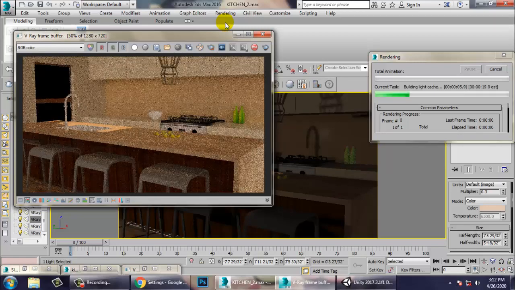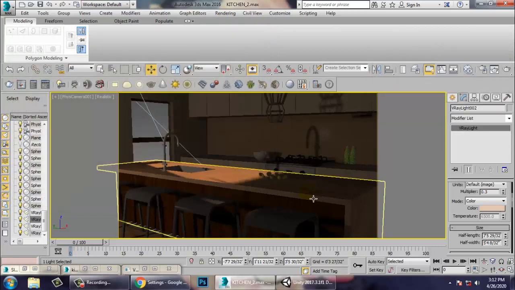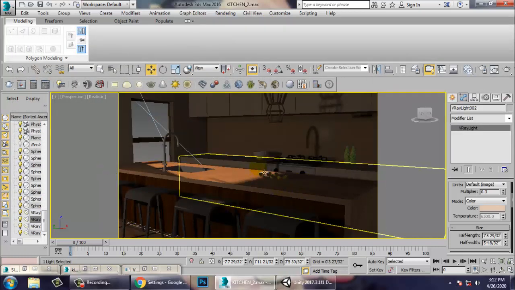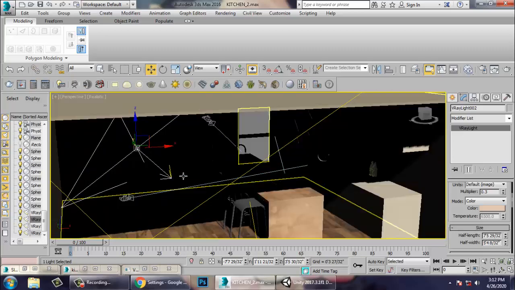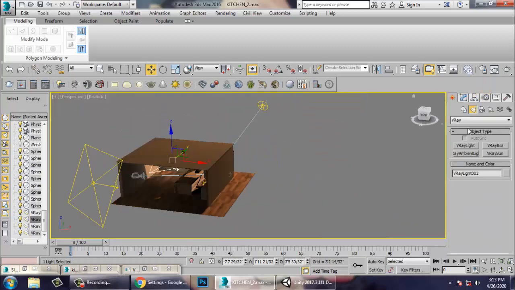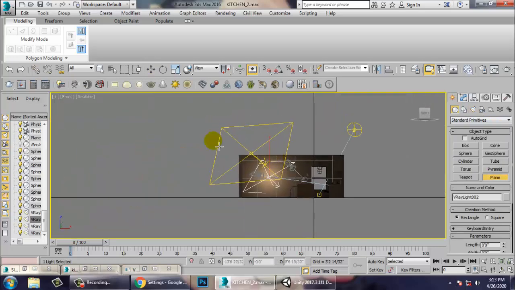I think this looks much better for now. So let's place one background. So it's like, let's take a plane over here.